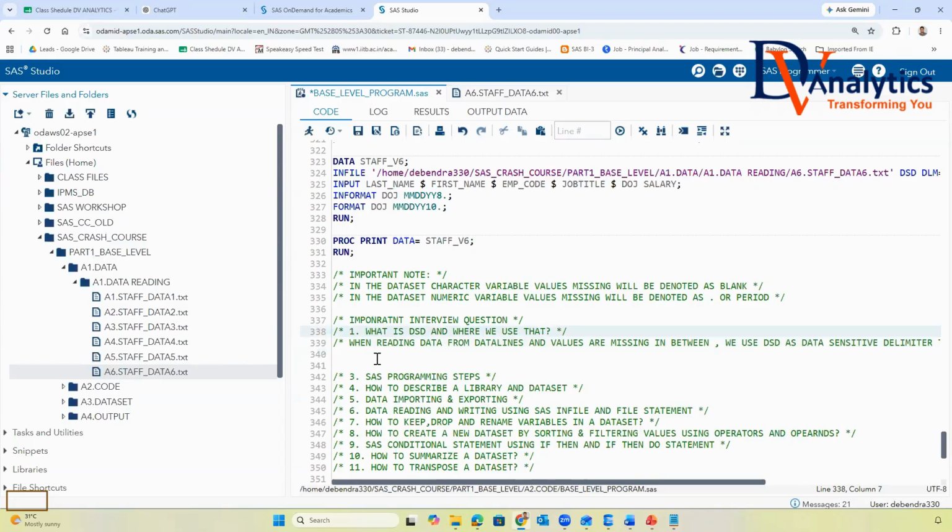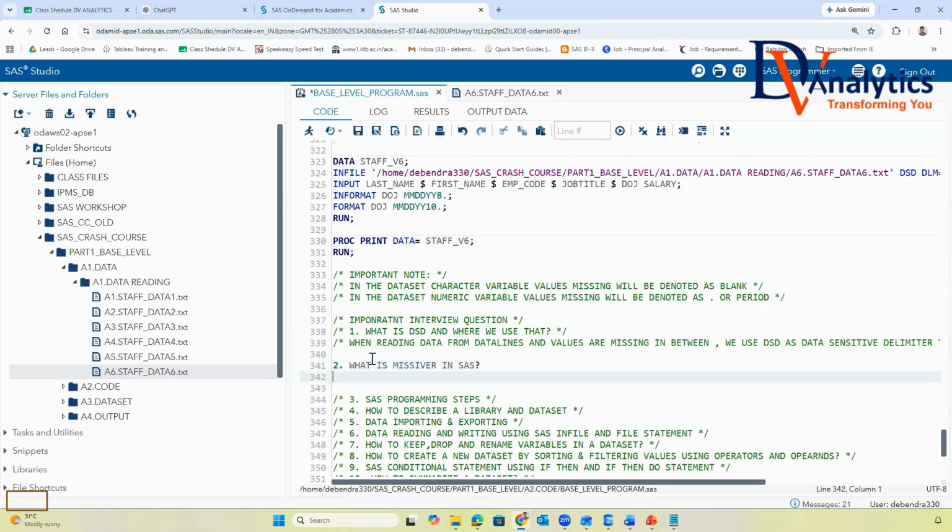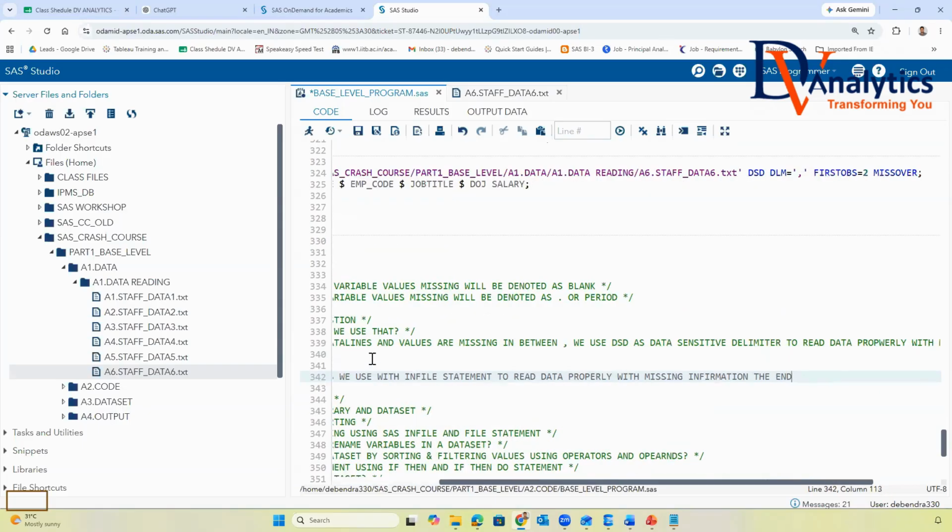This is one question. Second question, what is MISSOVER in SAS? You will say MISSOVER is an option in SAS we use with the INFILE statement to read data properly with missing information at the end of data lines.